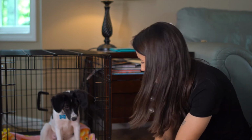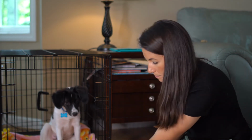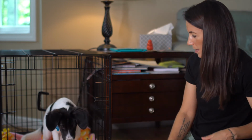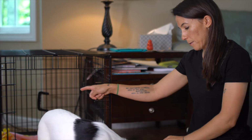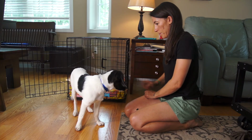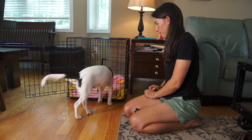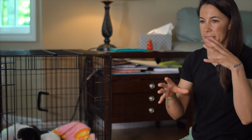You love your crate, huh? Yes, you do. Here we come. Go. All right, let's see if we can get the next success. Go to your crate. Go to your crate. Good boy. Awesome. So 2 successes. We'll undo that one. So look, he's even laying down. He loves it. So go at your dog's pace with this behavior,